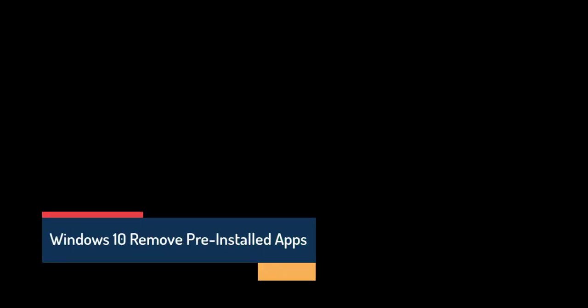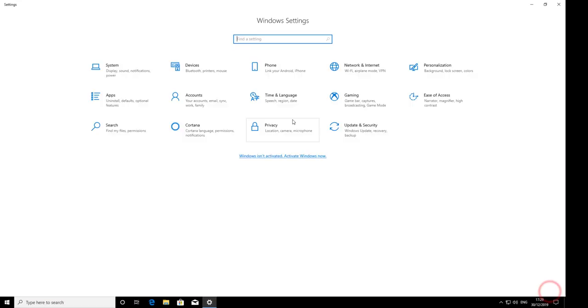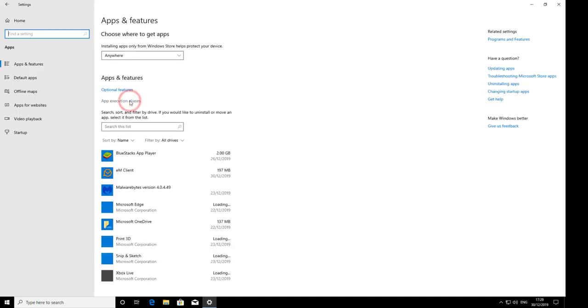So today we're going to be looking at how to remove the pre-installed apps that come with Windows 10. It's got a few PowerShell commands involved. So initially, if we go to the notifications area and click all settings, and then left click apps,